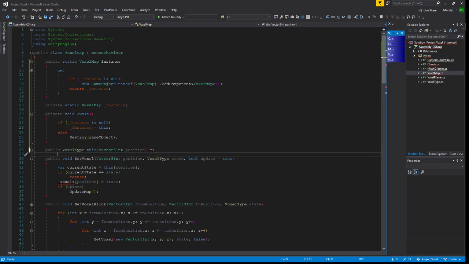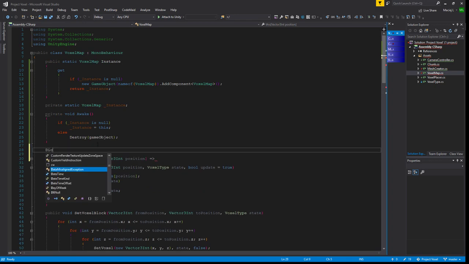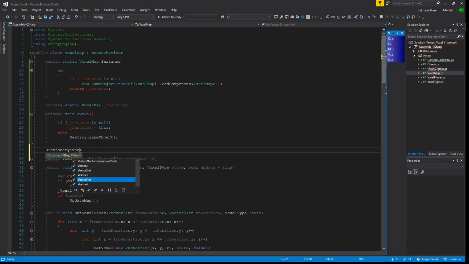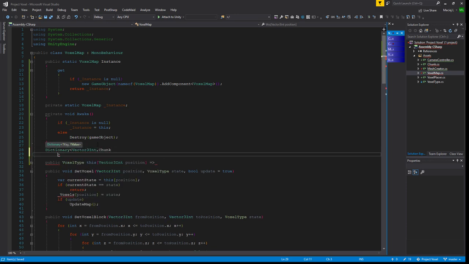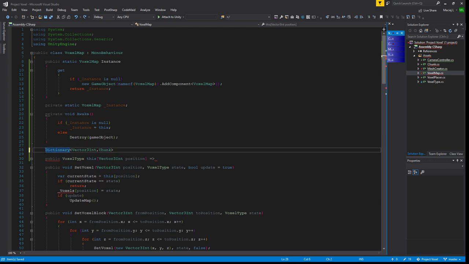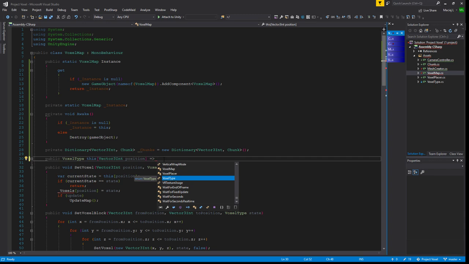Instead of that, we want to have a dictionary of vector3int and chunk. So it will have all the chunks. Private chunks equals new, yeah, and it will just return chunks try get value